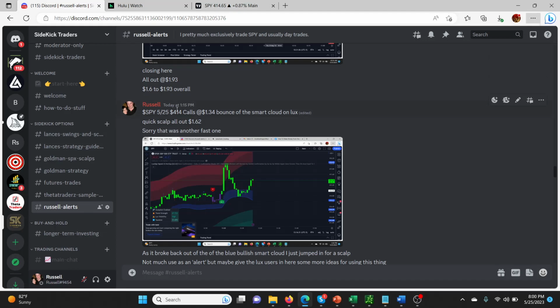So I wanted to talk about a trade that I posted about today in the Discord. I was taking 0 DTE SPY calls, so you can see right here. The key with a lot of this stuff is the short-term expiration, right? So you're really counting on small moves, but like large leverage positions, essentially.